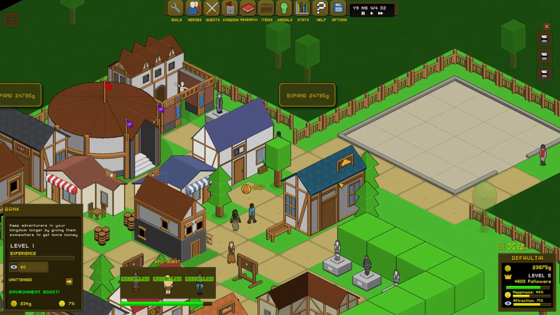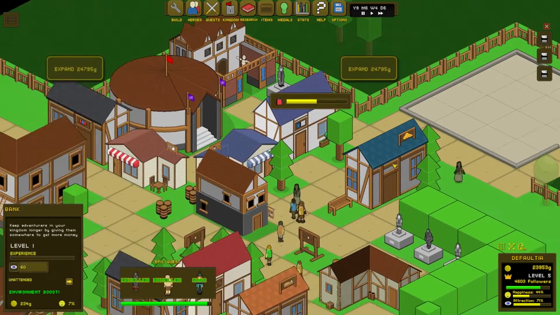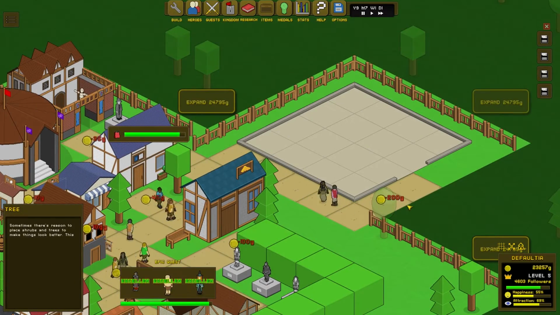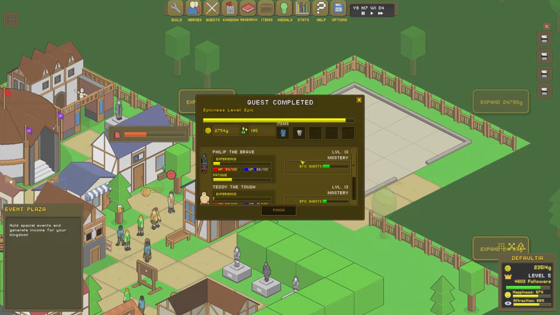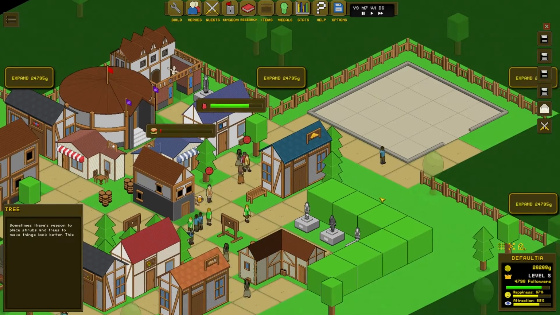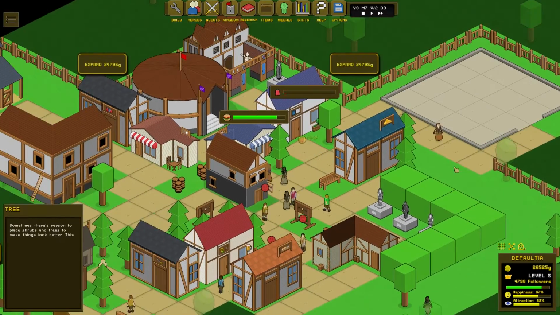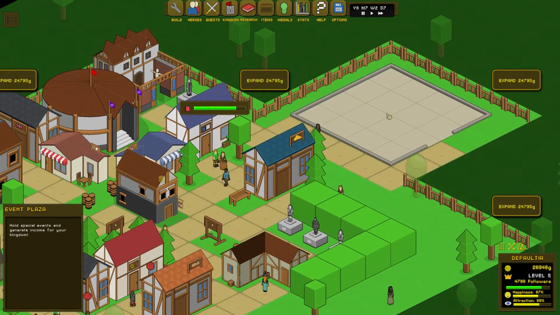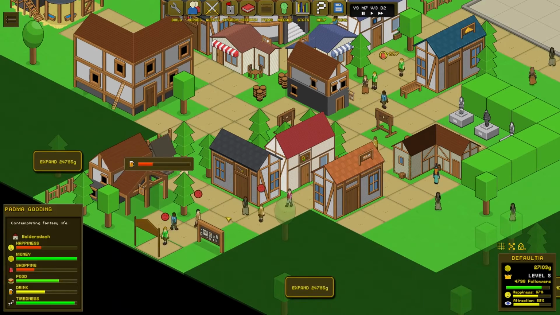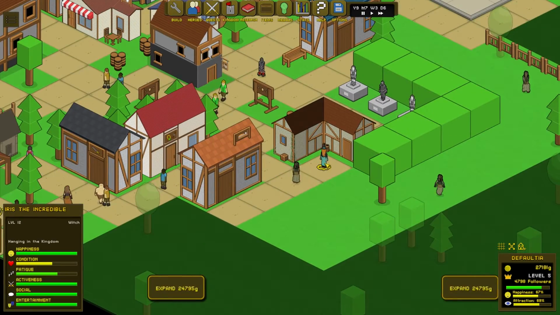We don't actually have any heroes available at the minute, so we'll wait for them to get back from their quest before we can do anything. But it's very, very cool, and I do like this. Oh, there we go. Okay, cool. They're back. Lovely. Okay, right, we've got them back now. Hopefully their conditions...